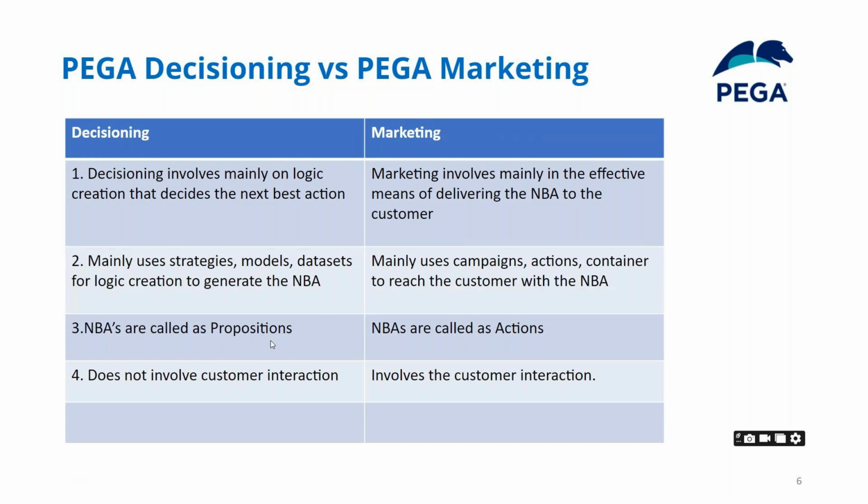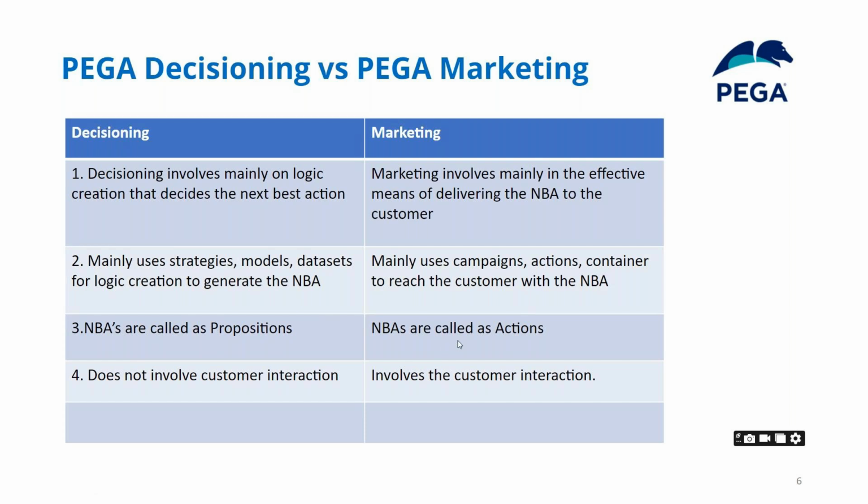For example, for customer one, you might provide some product. For customer two, you might provide some discount. For customer three, you might provide some service. So different types of promotions will be there, like a coupon, a discount, a product, a service. So many types of offerings will be there. The generic name given to all of them is proposition, which is nothing but anything that you propose to the customer.